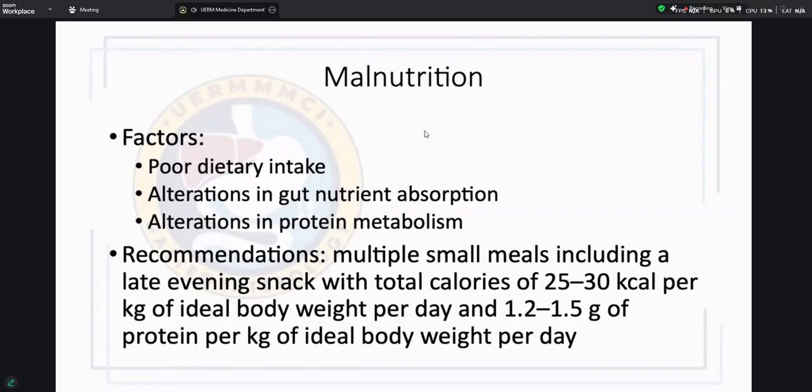And again, proteins do not have to be restricted, so we give it at 1.2 to 1.5 grams of protein per kilogram of ideal body weight per day. The late evening snacks are recommended in cirrhosis to prevent overnight fasting catabolism because